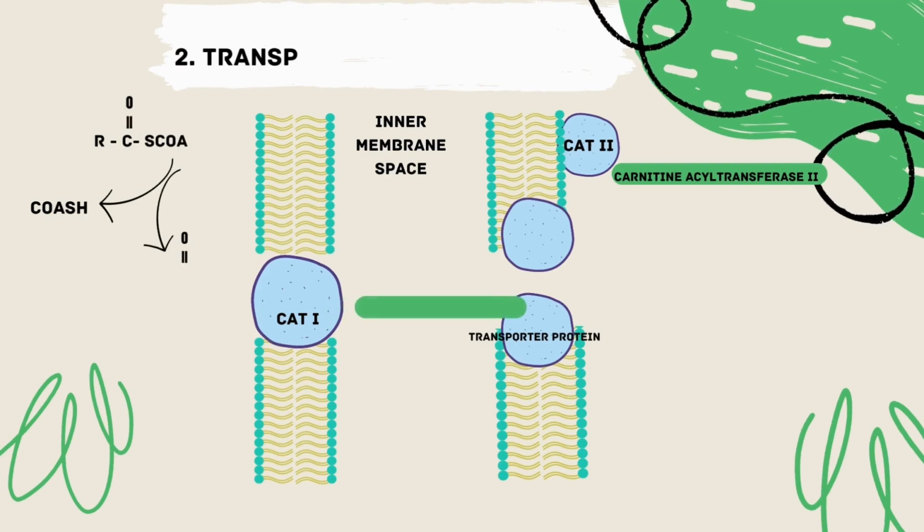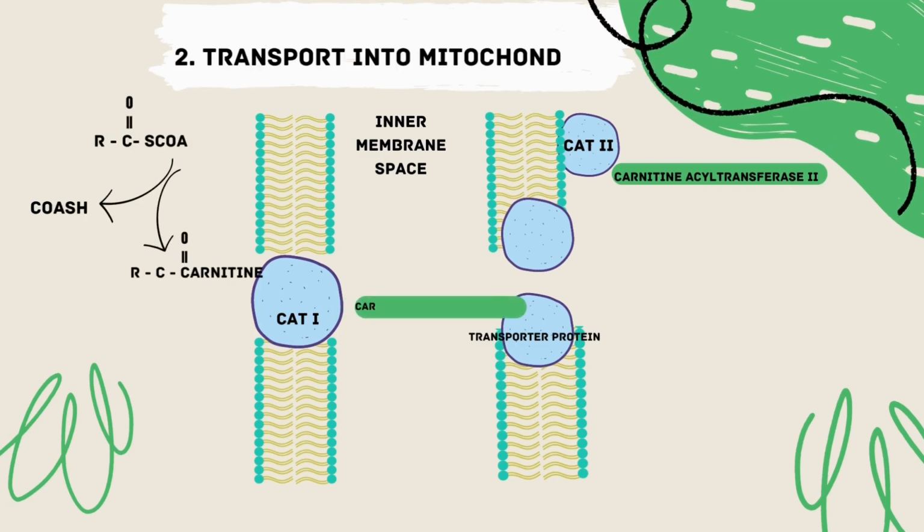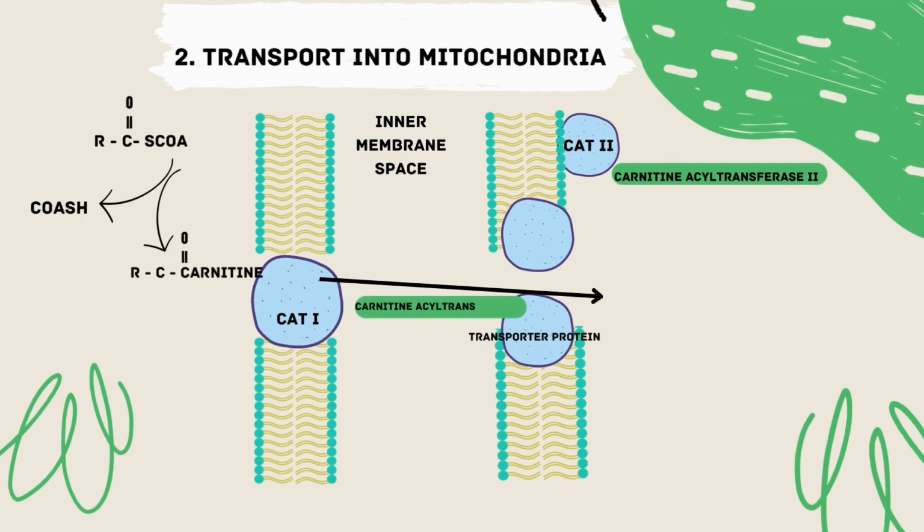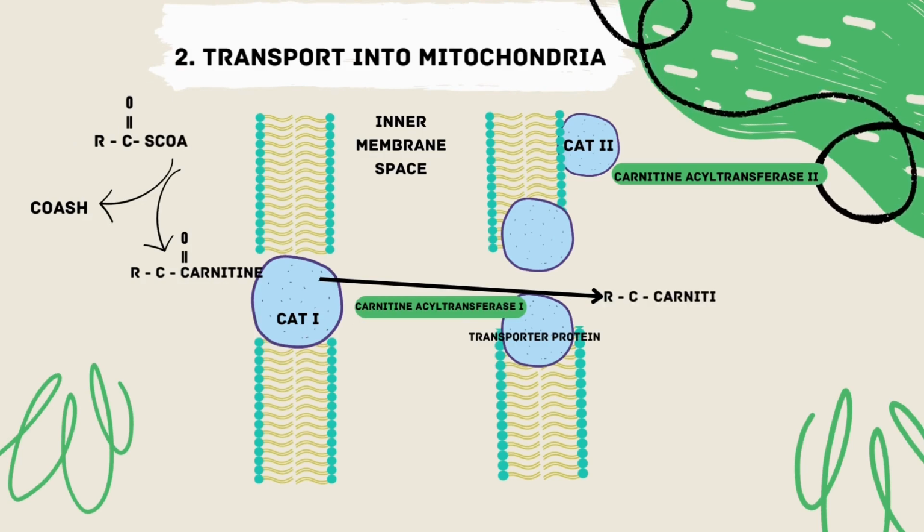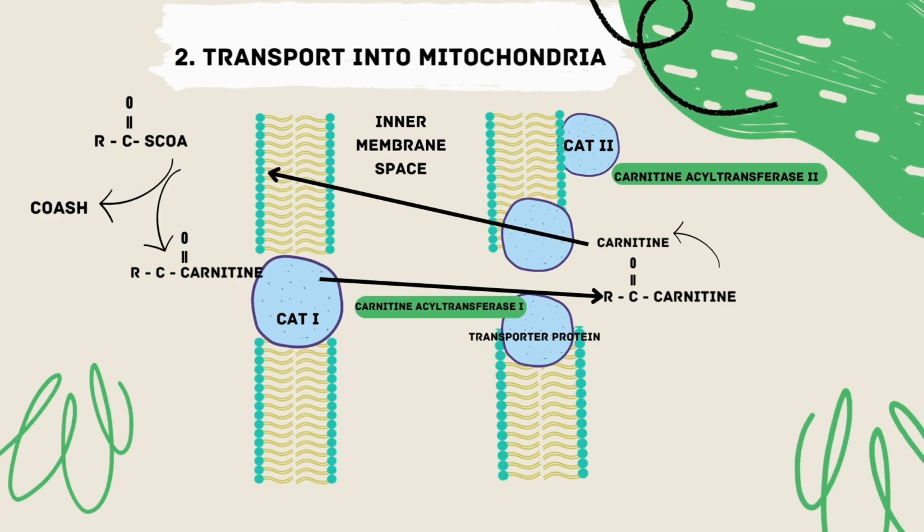The next step in beta-oxidation is to transfer the fatty acyl-CoA from the cytosol into the mitochondria. However, it needs a little helper, and this little helper is carnitine. Carnitine is put onto the fatty acyl-CoA by the action of carnitine acyltransferase, which is in the outer membrane of the mitochondria. The carnitine will be added to this fatty acyl-CoA, which will then be transported into the matrix